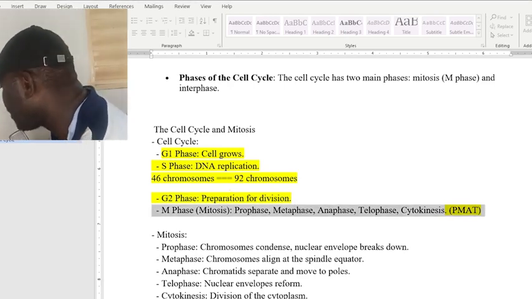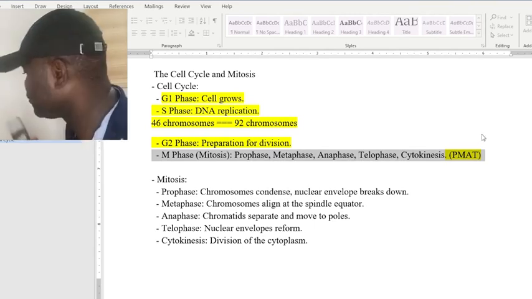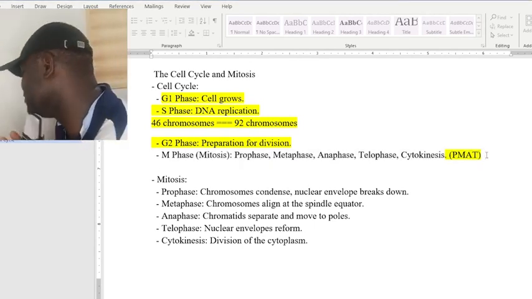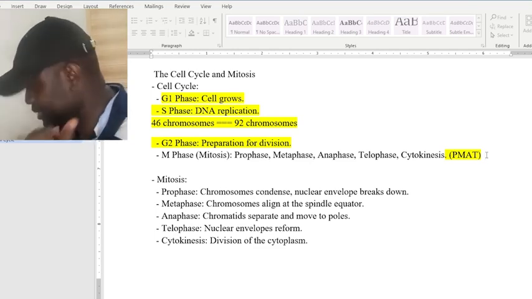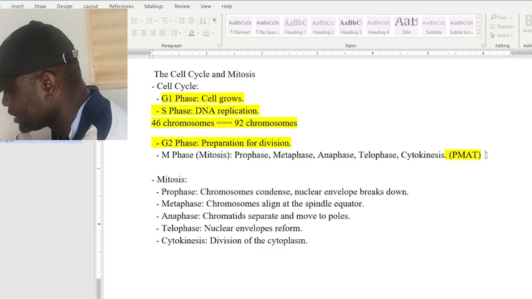So after this happens, the cell will also enter the G2 phase. G2 phase means that it will now be preparing for cell division. That is what happens in the G2 phase. Then after the G2 phase, it enters the mitotic phase, the M phase. And the M phase is made up of